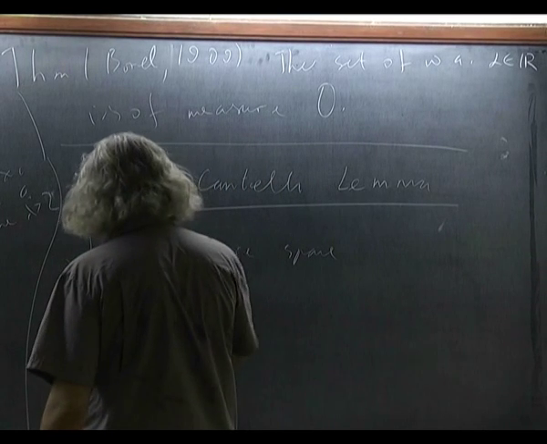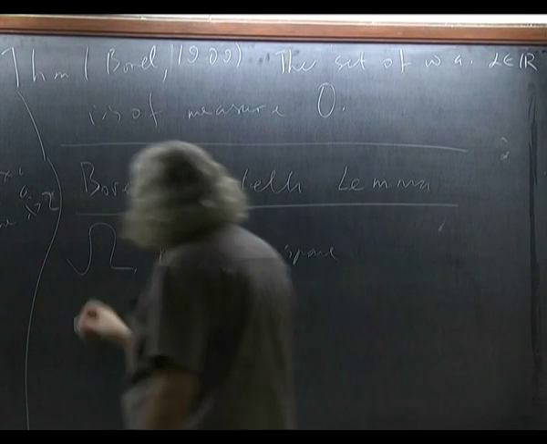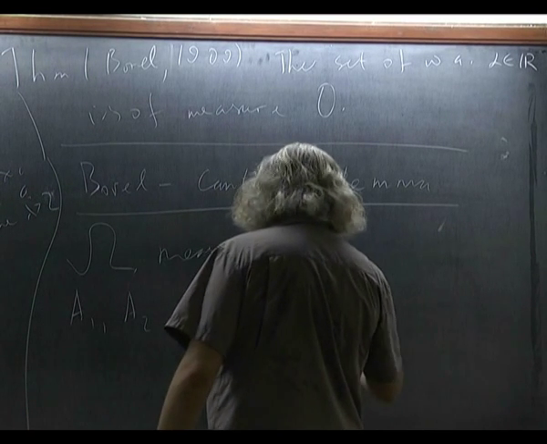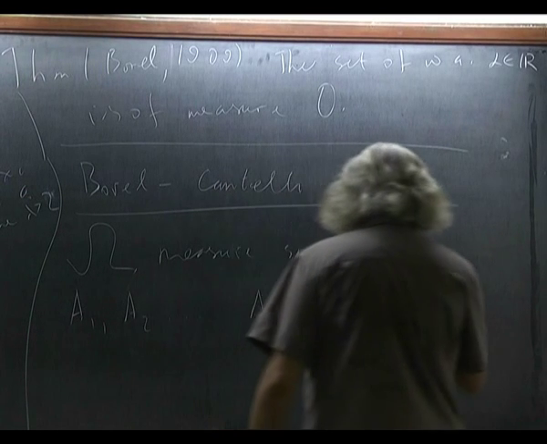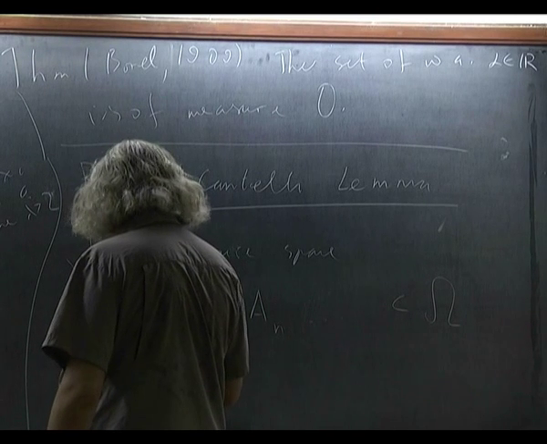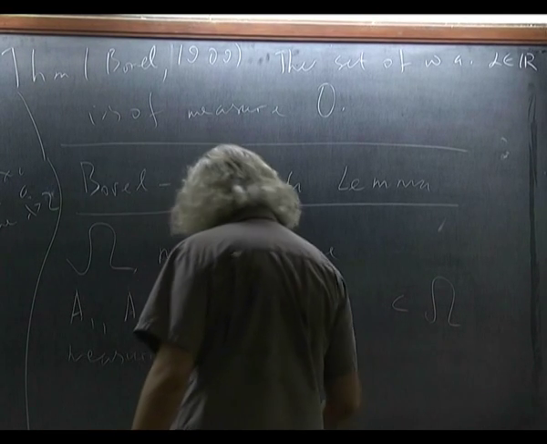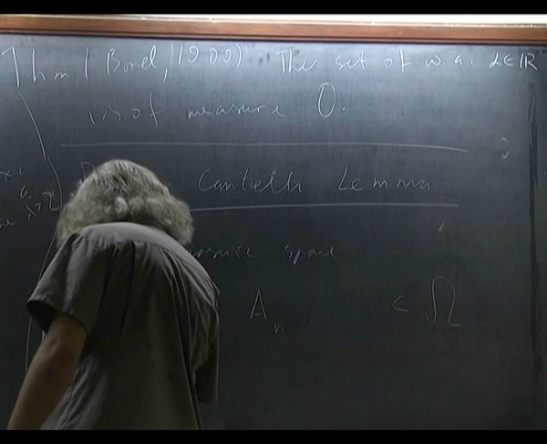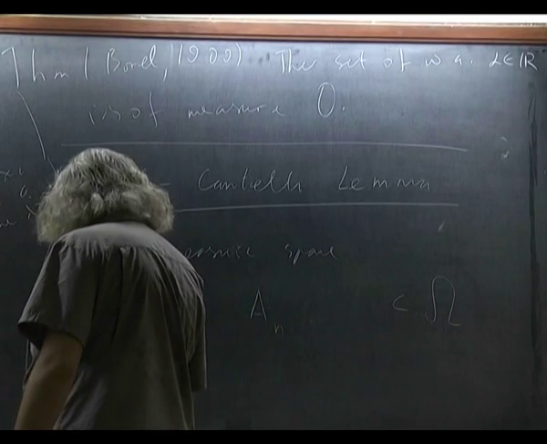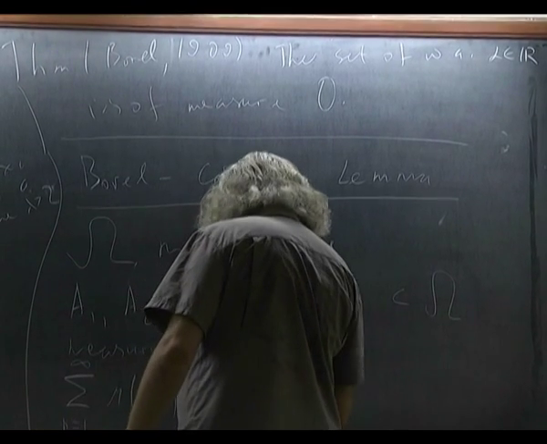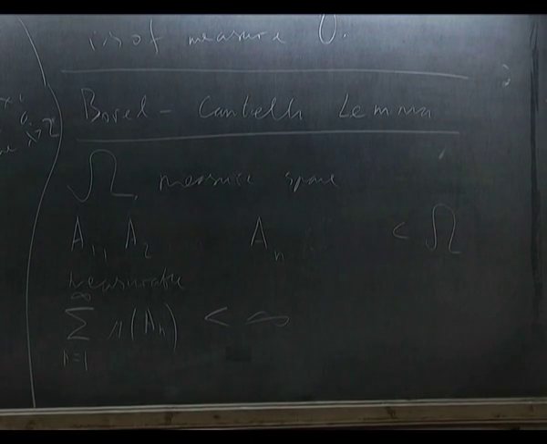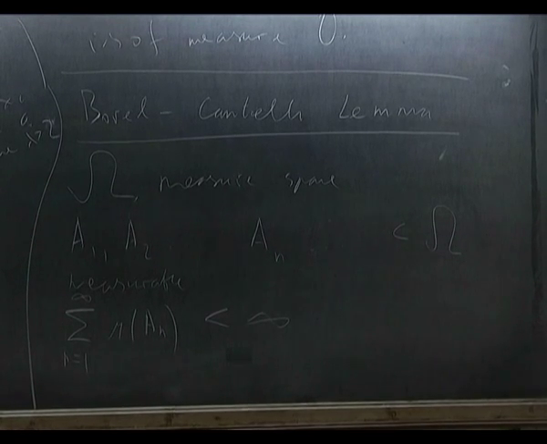With measure denoted by mu, assume that A1, A2, etc., is an infinite sequence of measurable sets of finite measure, and we assume that the sum of the series is finite. So the series converges, so all of them are of finite measure, and moreover the series converges. Then